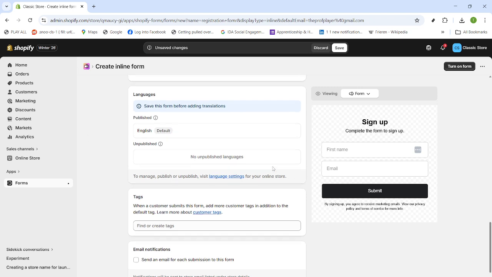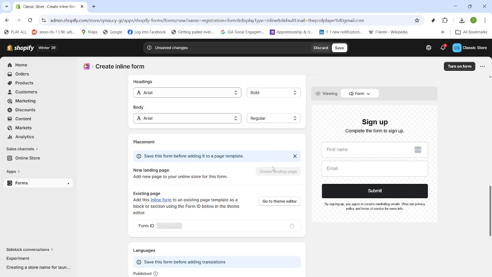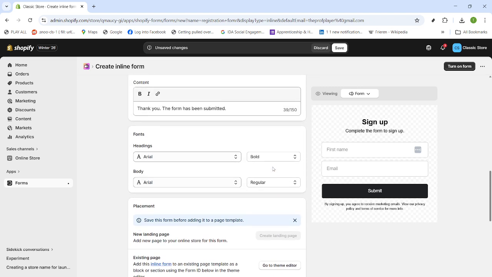When everything looks good, switch the form status to Published. Review the form view one more time and save any unsaved changes. That's it. Your registration